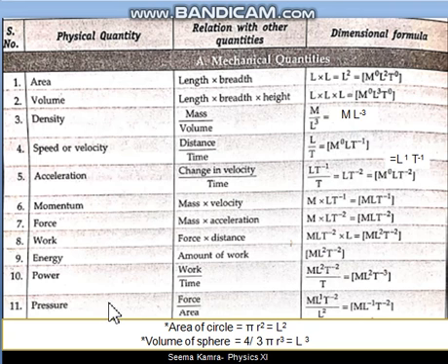In the same manner, pressure. The pressure formula is force upon area. Force is, you must have remembered now, M1 L1 T minus 2. The area formula is L2. So 1 L will get cancelled and 1 L will remain in the denominator. It will be shifted to the numerator and become L power minus 1. So the pressure formula is M1 L minus 1 T minus 2. So this way students, we will be practicing more quantities so that the practice of getting the dimensional formula is done.